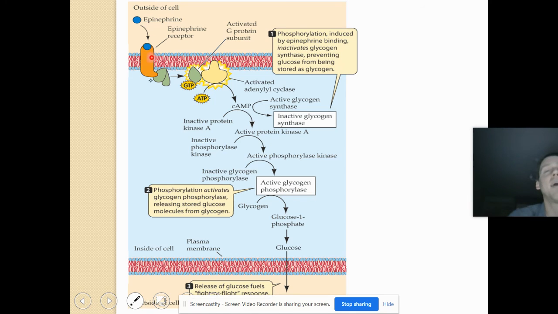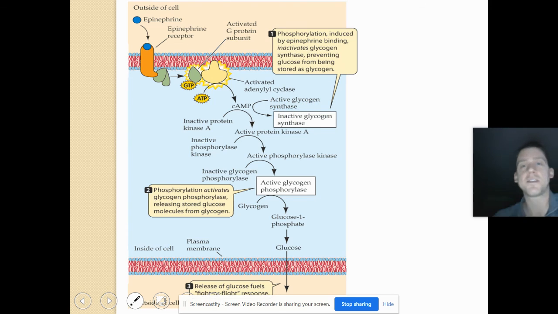So in this case, epinephrine is produced, it reaches a receptor, and the receptor activates a G protein. The G protein is going to activate adenylyl cyclase. You see that here, follow my pointer. Adenylyl cyclase is going to produce cAMP. Remember, cAMP comes from ATP, so there's cAMP. And cAMP is going to do two things. One of the things that it can do is